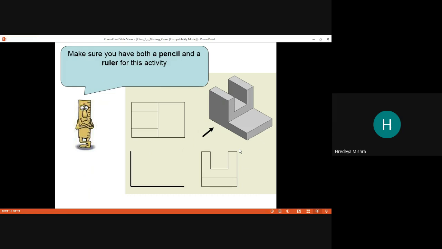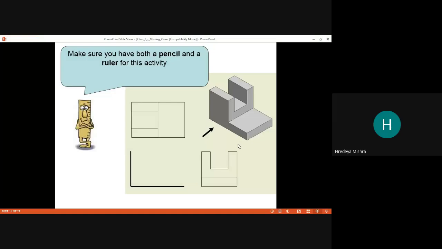Now we're going to draw the front view, because the top view and side view are given.